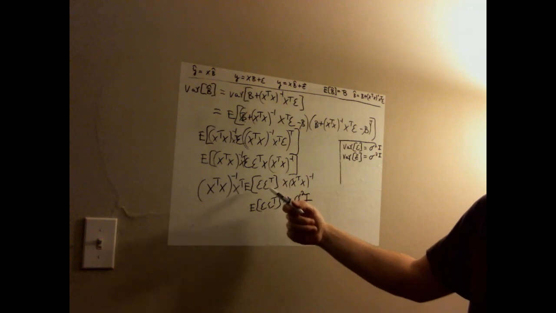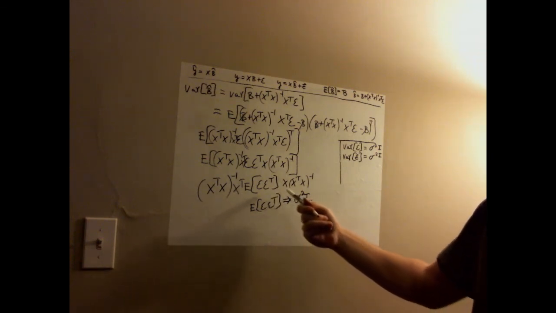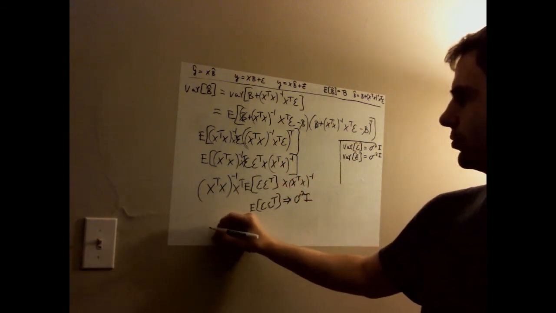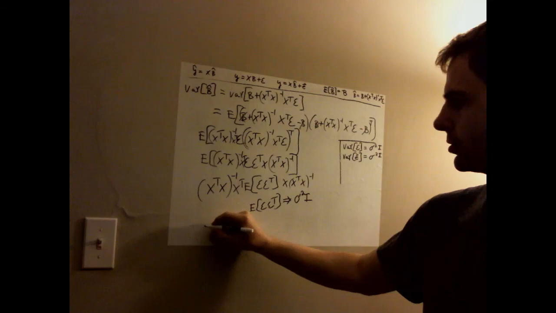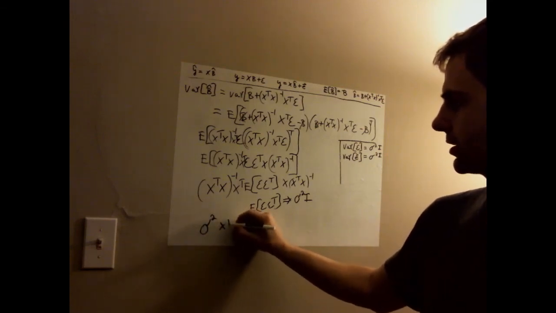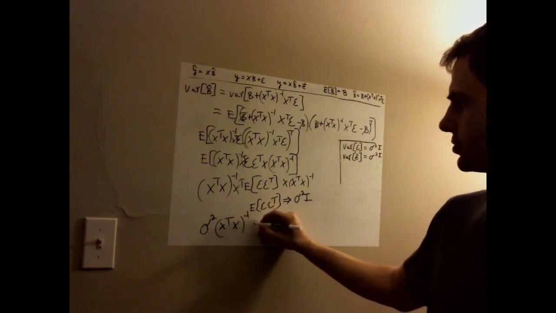So we now have a scalar multiplied by the identity matrix in the middle of all of this stuff. So we can move the scalar out, times X transpose X inverse,